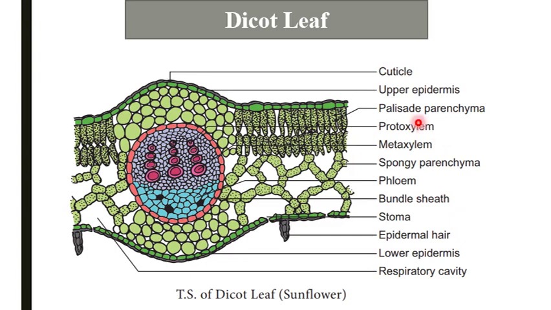First of all, the epidermis is usually made up of a single layer of cells that are closely packed. A dicot leaf consists of lower and upper epidermis with small openings known as stomata. The upper epidermis is thicker than the lower epidermis. The main function of the epidermis is to give protection to the inner tissues known as mesophyll.